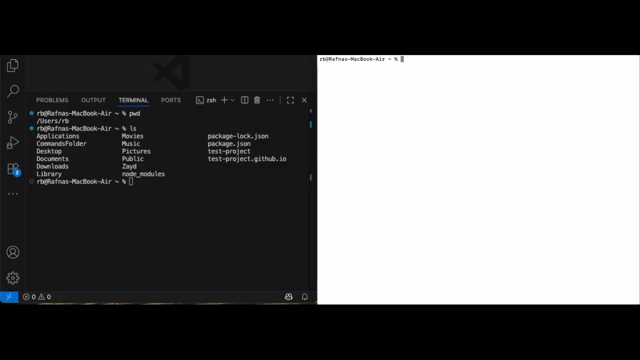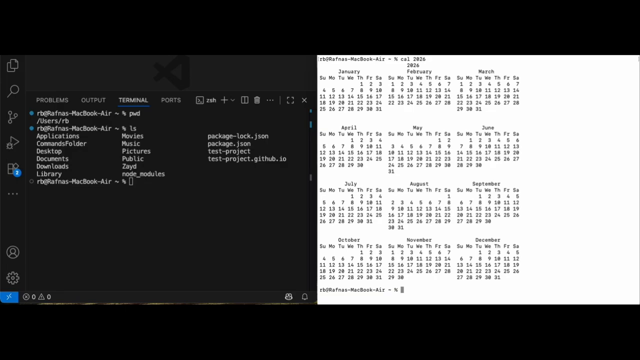Another simple thing that you might need in your daily task is showing a calendar directly in the terminal. Use the command cal to show the calendar. So if you want the calendar of 2026, you can see this is the 2026 calendar. If you're coding and you wanted to know a specific date and the day it falls on, you can use this command cal and mention the year of the calendar that you wanted,